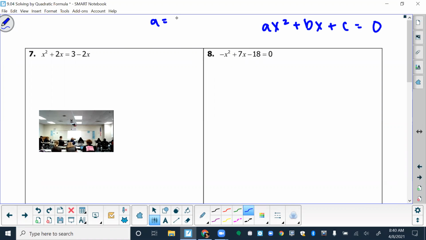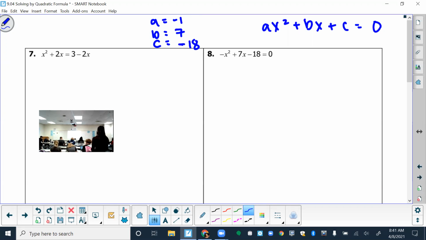I heard -1, good. And then what is our B value? We're working on our stuff from yesterday. What's our B value for number 8? 7, and then our C value